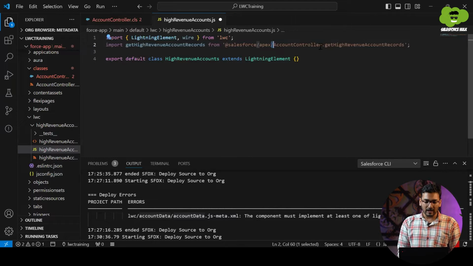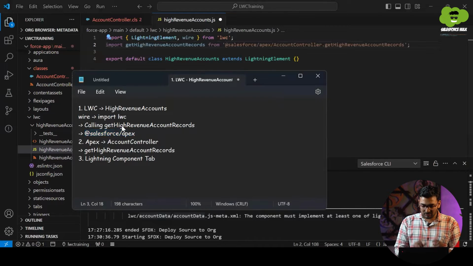And then we have to specify with the dot notation the method name. So this is the syntax of importing any Apex method from this module.